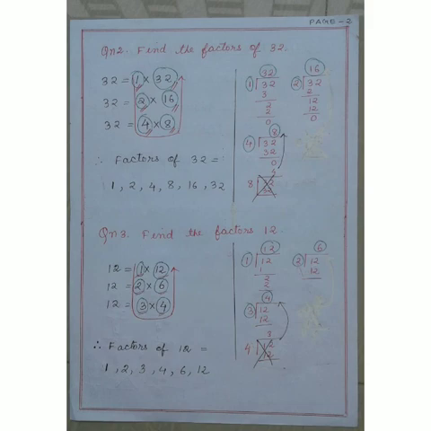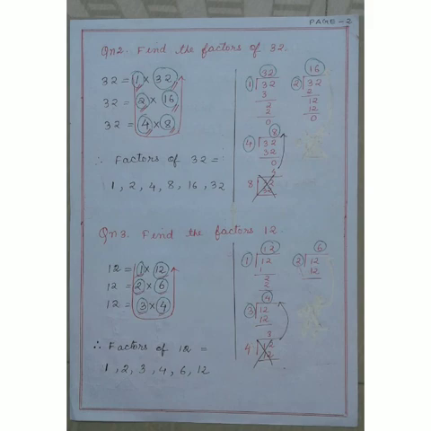So I shall stop my calculation here itself and start to write the factors in the main page. 32 is equal to 1 into 32. 32 is equal to 2 into 16. 32 is equal to 4 into 8. Therefore, the factors of 32, if I start from 1, will be 1, 2, 4, 8, 16, 32.